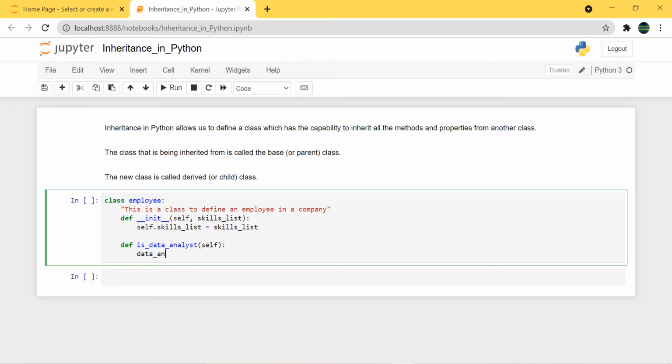So we have data analyst skills. For example, we can write R, SAS, Python, statistics,